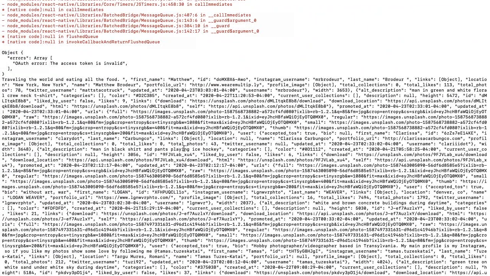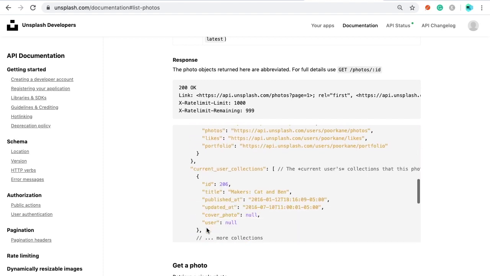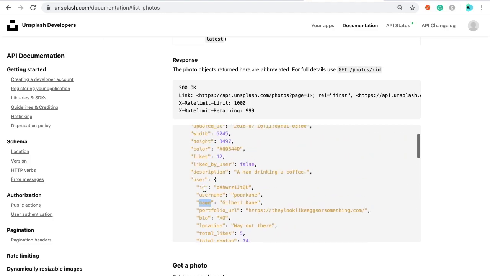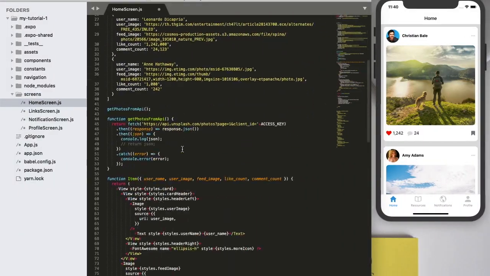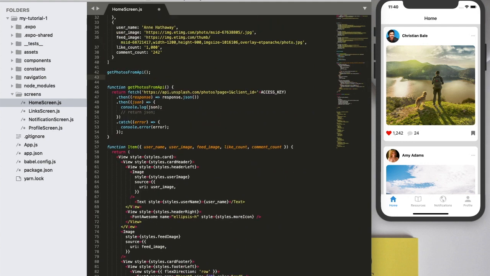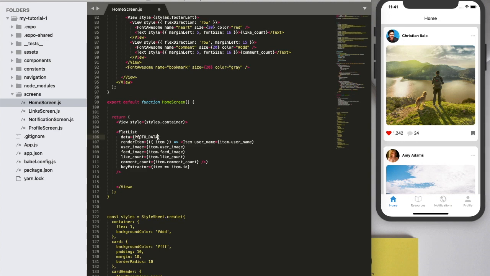We can take a user name, user image, and URL, and other details like that, and we can replace it using this data. Let me create a variable called photo data. Then I am going to assign this JSON response to this photo data variable. The data to be fetched is this photo data.